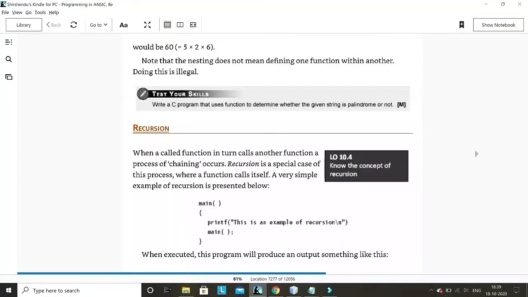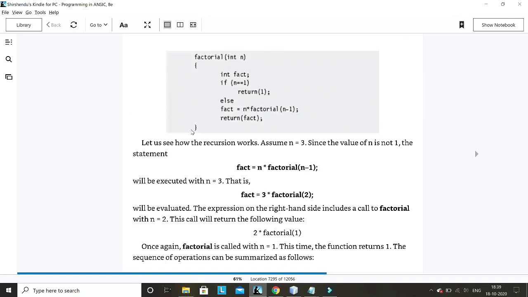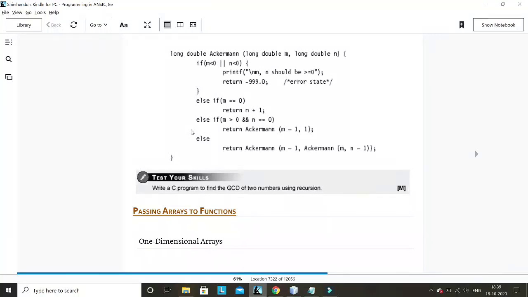And this concept, recursion, is a very important concept of C, but it is not possible to cover here. It's a very big subject of any programming language, and if we consider the complete algorithmic concept of computer science, then recursion is very important. So it deserves a completely independent lecture. I'll cover recursion in an independent lecture, mostly after 2 or 3 lectures, when I finish all the basics of programming. So after recursion, the next point is passing an array to a function.